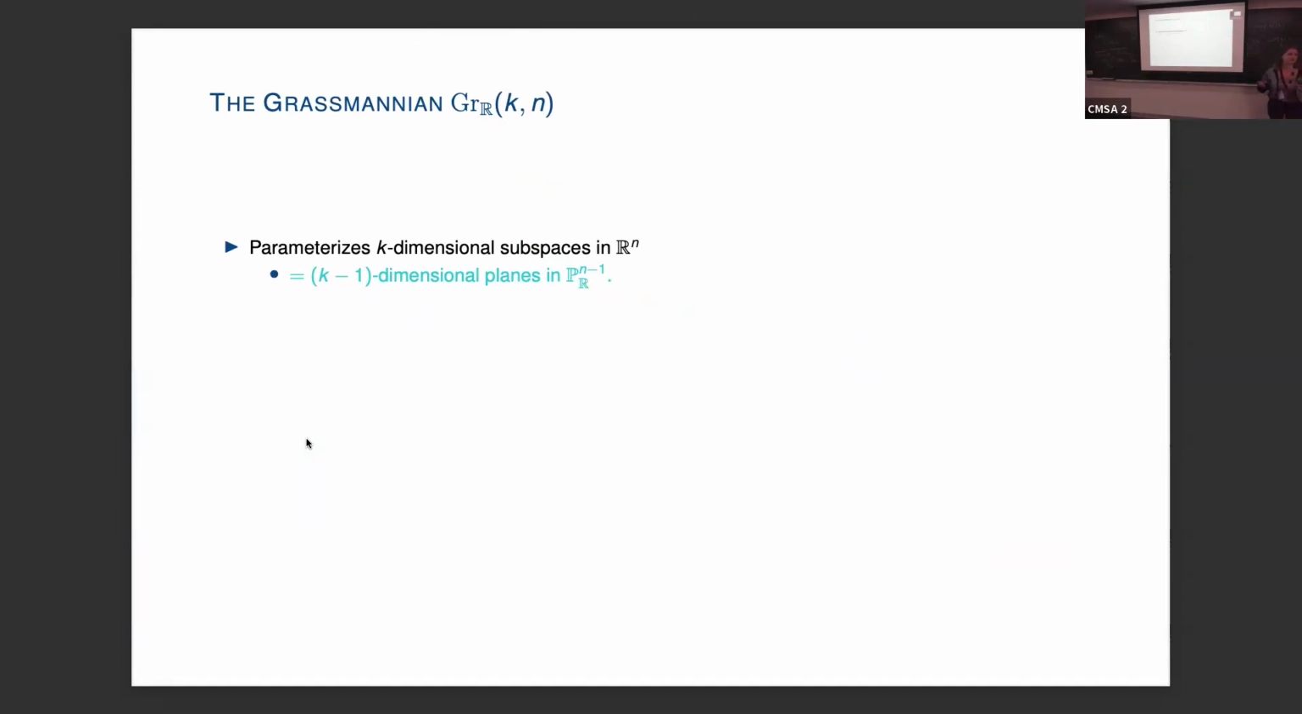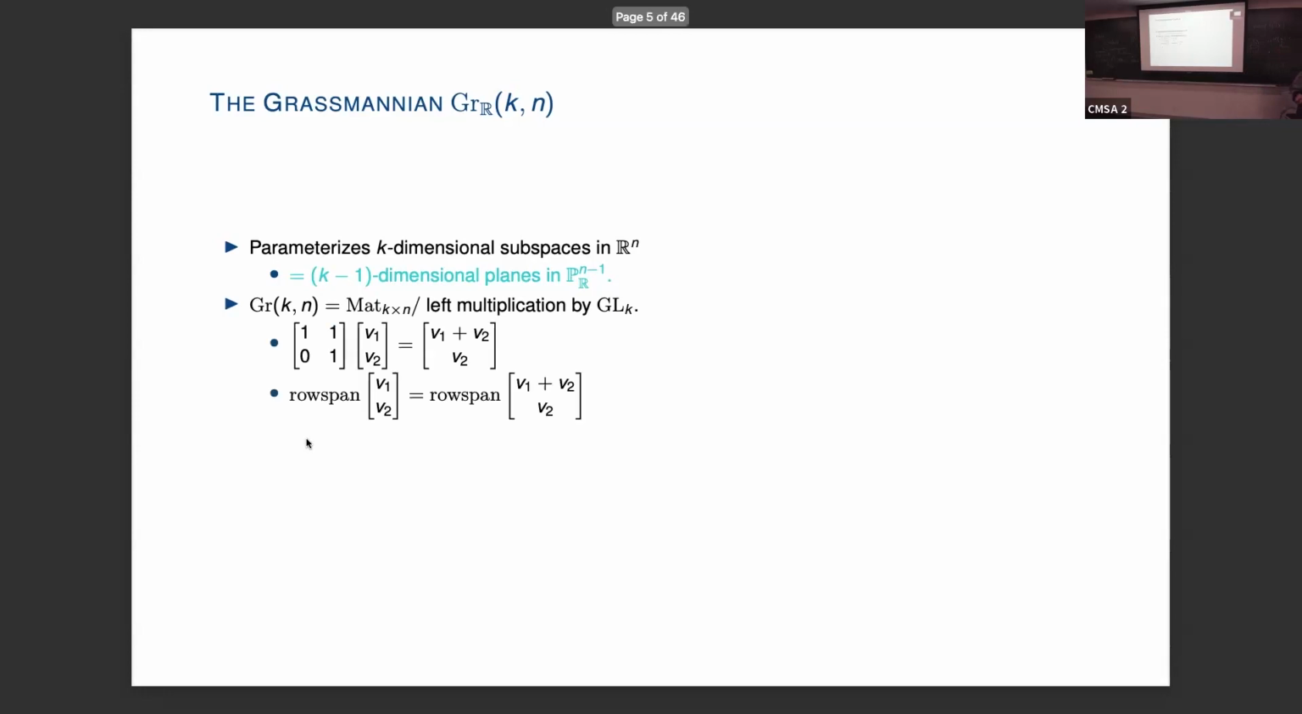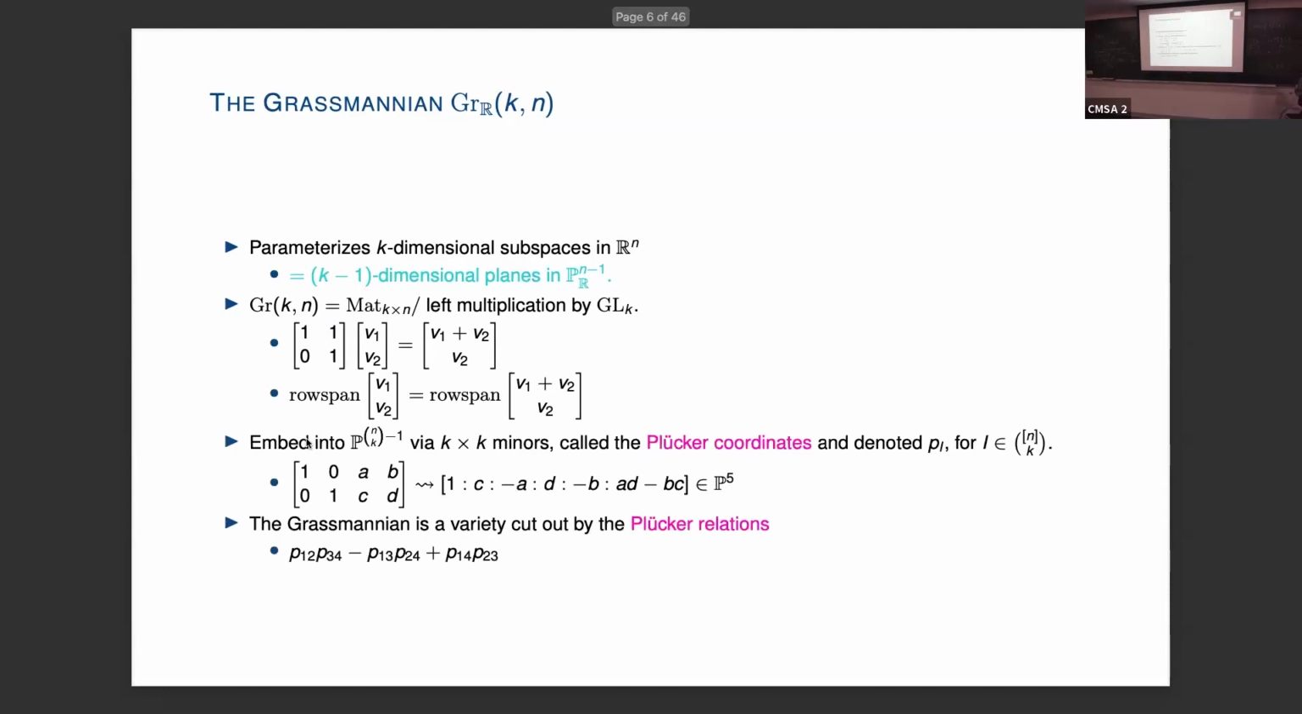To quote my advisor, any vector space I've ever met has come with a basis. So I like to think of these as k by n matrices, which record the k basis vectors. But of course, you can choose different bases. So we want to mod out by left multiplication by GL_k, which corresponds to changing the basis. And this embeds into (n choose k)-1 dimensional projective space via the Plücker embedding, which is just taking the k